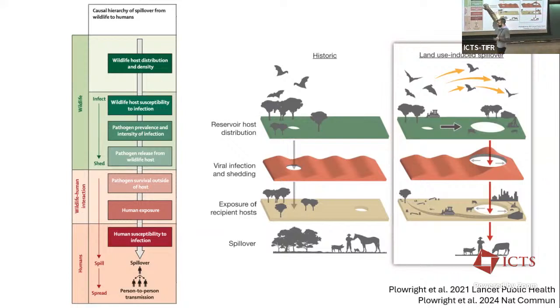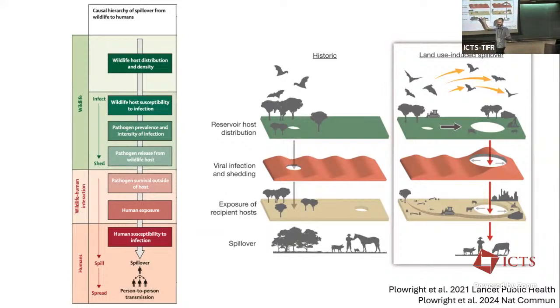So there's this nice cascade, and you can study spillover at any one of these steps, but ideally you want to study it as a cascade and study all parts of it at once. But that can be very challenging. How we see pathogen spillover evolving is, on these landscapes, there's the Swiss cheese analogy that we often use, right? So you may have some hosts that are very widely distributed, and they're shedding infection into the environment.